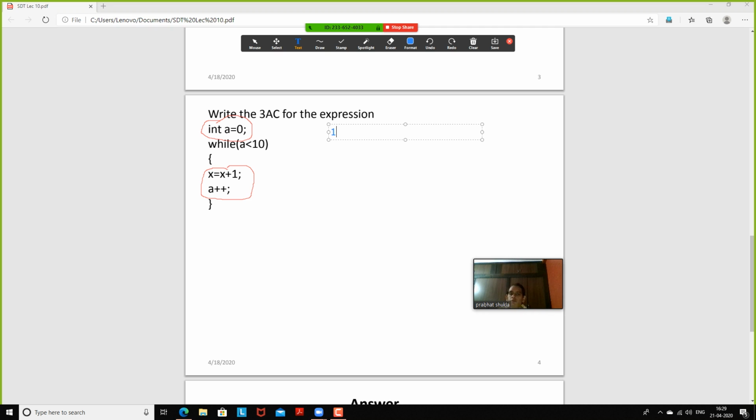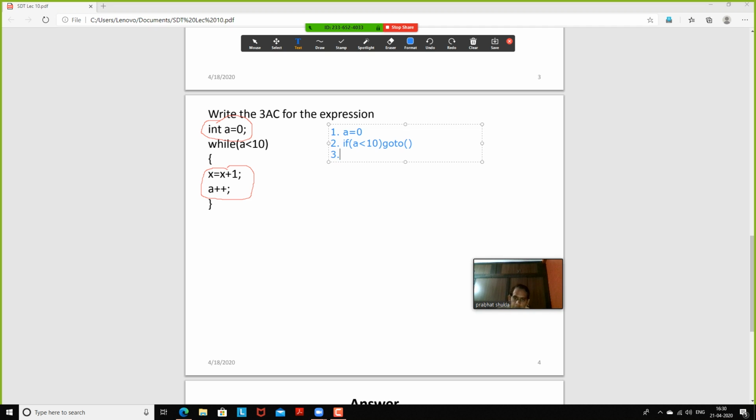The first line of the code is a equals 0. This is already in three address code form, so we will simply write a equals 0. Then in the second line, our while loop is executed, so we apply the condition a less than 10 and then define its go to label.